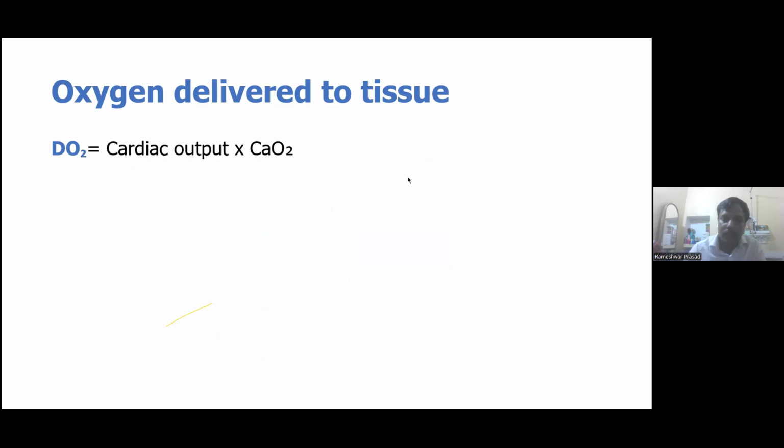the hemoglobin oxygen dissociation curve. Now, the third thing is oxygen delivery to the tissue. Now, oxygen is loaded in the plasma, but it has to go to the tissue. The amount which will go to the tissue will be calculated by cardiac output times oxygen content of the arteries. Cardiac output in a newborn is around 150 ml per kg per minute, and CaO2 we have calculated as around 20-22 ml. You will just multiply these two things, and you will get the amount of oxygen delivered to the tissue in each ml